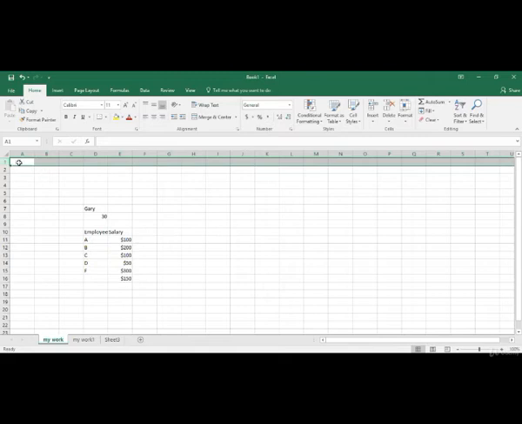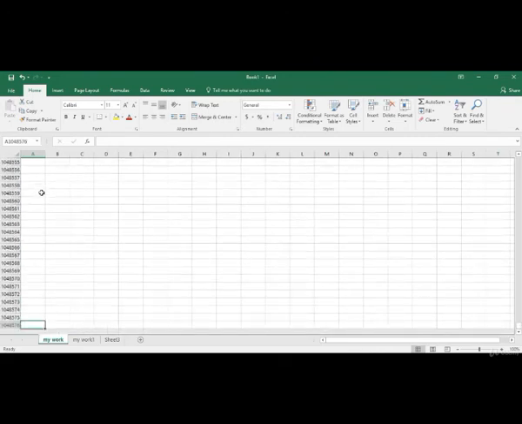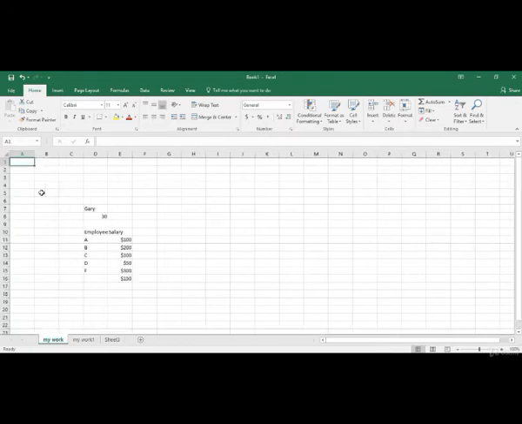All the rows are horizontal and they are sequentially ordered 1, 2, 3, 4, 5, 6. As I keep on scrolling down, the numbers keep on increasing, and if I go to the very end, this is slightly over 1 million. So basically, you can have almost 1 million observations in your Excel file, which is a lot of data. Now, apart from the three different types of values which we can enter in an Excel file, we can also have charts, graphs, and we can also import pictures in an Excel file.